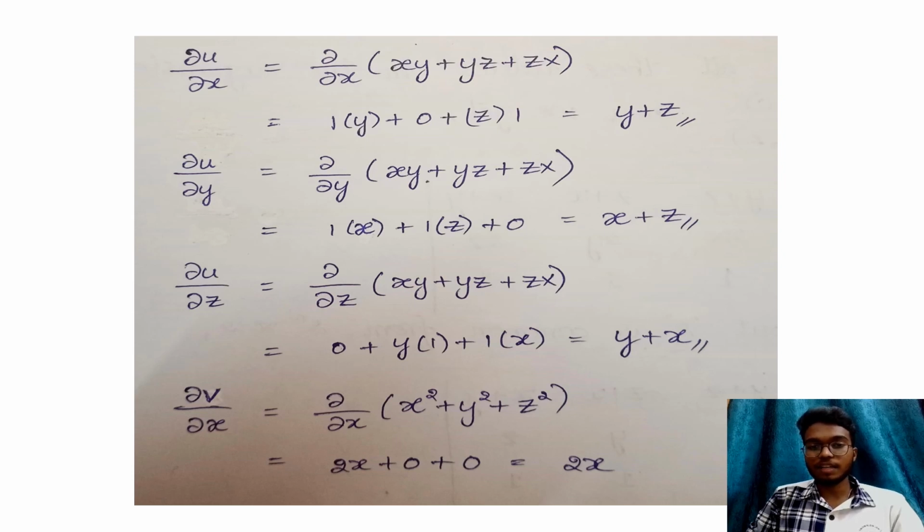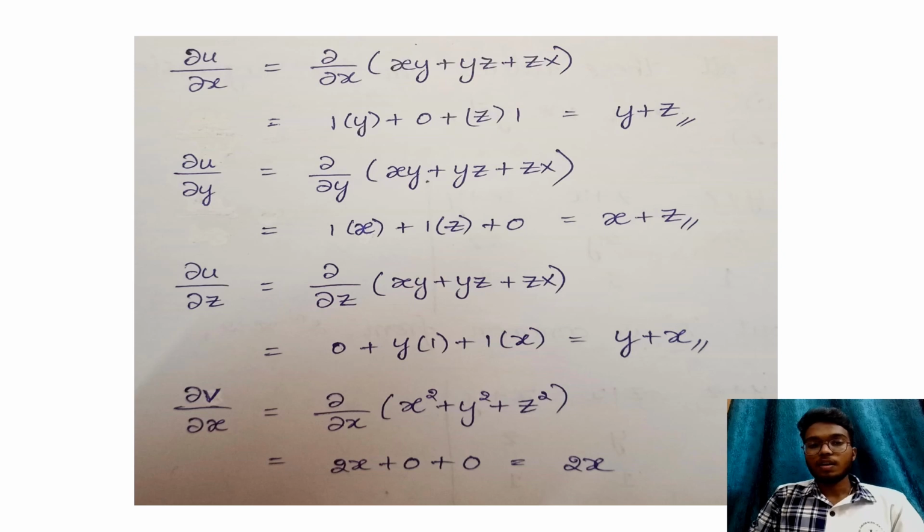In the question they have given the u value as xy plus yz plus zx. So ∂/∂x of u: ∂x means it is partial differentiation with respect to x, and all other variables are considered as constants. So the answer is y plus z for ∂u/∂x,